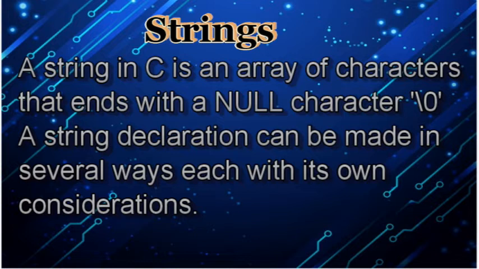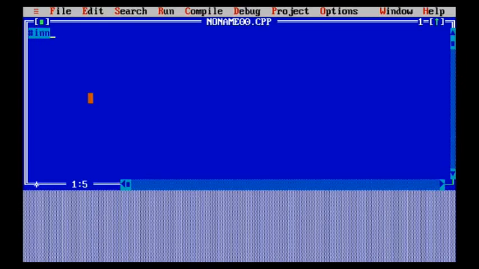So let us first understand how we can define a string and how it actually works. Let us understand the different kinds of strings and the different ways of declaring a string. Whenever we are talking about a string, we always need to end it with a null character. Whenever we declare a string, it will always have a null value. In case it does not have one, the compiler will automatically add a null character.